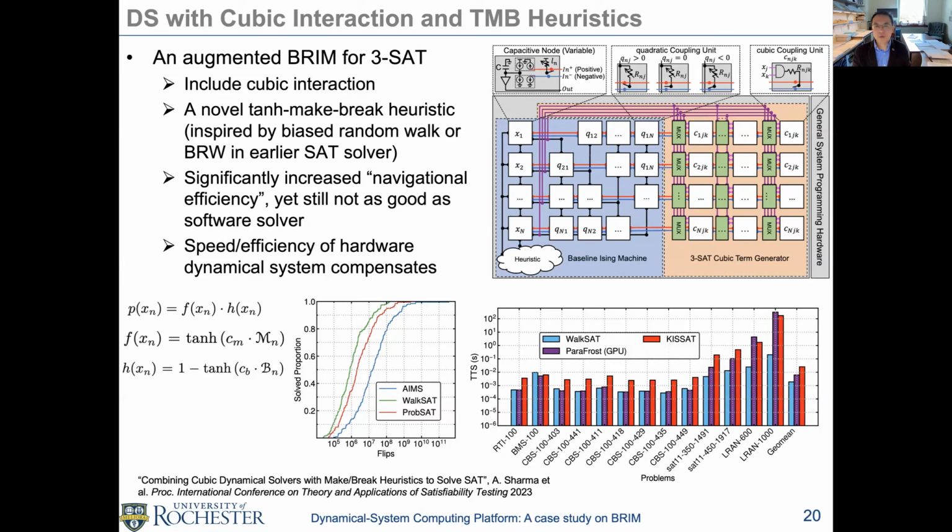And that's because of what I call the navigational efficiency. Traditional algorithms are just so good from the beginning initial condition to the final solution. They need to visit fewer phase points than we need with a pure cubic term random annealing. So we tried, and it took us a lot of time. We added a heuristic, the details are in the paper if you want to read. This heuristic is quite easy to generate, again, thanks to the CMOS platform. So we were able to cut the gap by quite a bit,